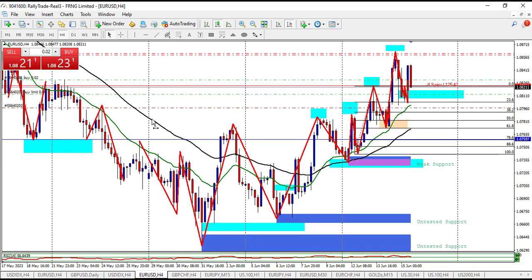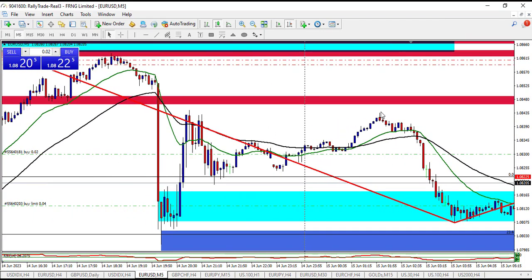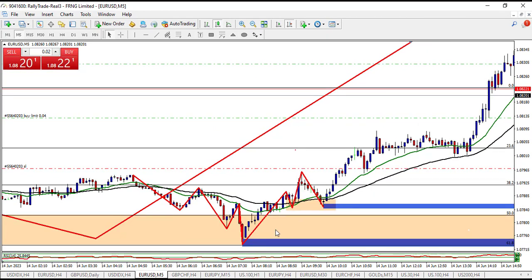So you just buy. But we're not looking for the exact point to enter the buy yet. The exact point to enter the buy is what I just showed you now. We waited for this price to retrace into the Fibonacci area from 50 to 61.8. Inside this area, we didn't take our trade. We went down further to a lower time frame, I think it was the 5 minutes time frame. So we saw the exact point. This is the exact point, this is when you are to enter the buy trade.